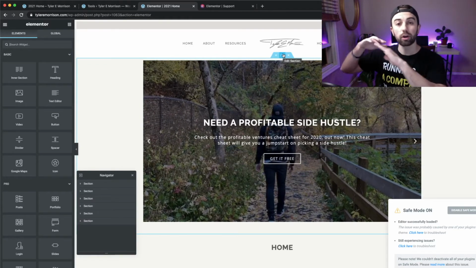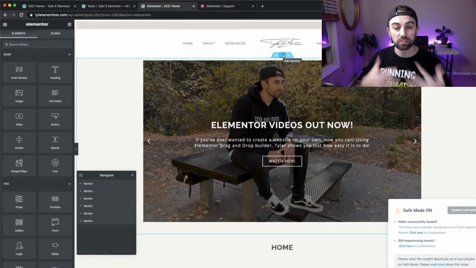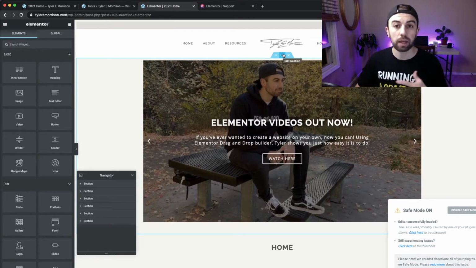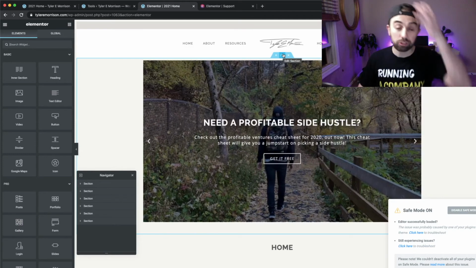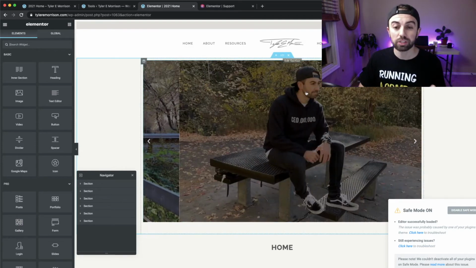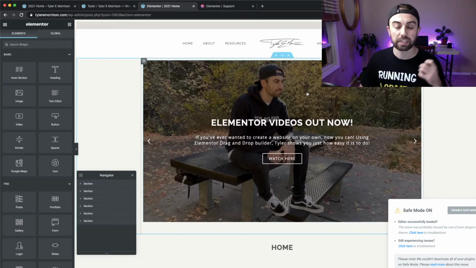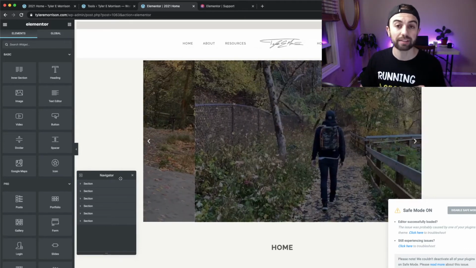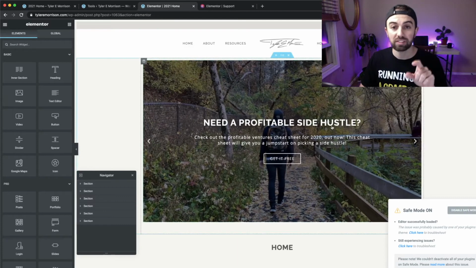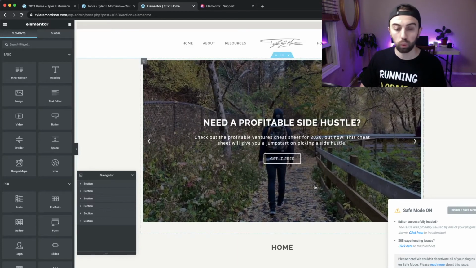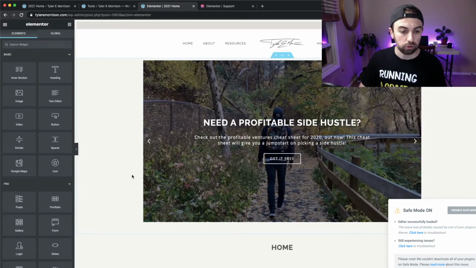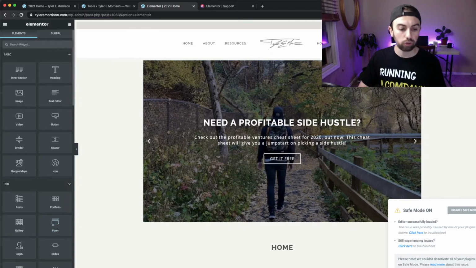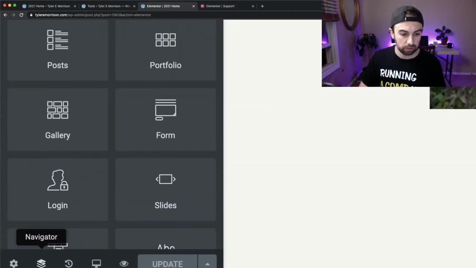Sometimes you have things that are overlapping. Sometimes you have sections that overlap or elements that overlap. Sometimes that's the only problem and you just can't figure out a solution because they're overlapping and there's no way to access them. This navigator will help you get access to those things when you can't physically click on them from where they're located. So basically, to go ahead and access that, you go down here to the bottom left corner and